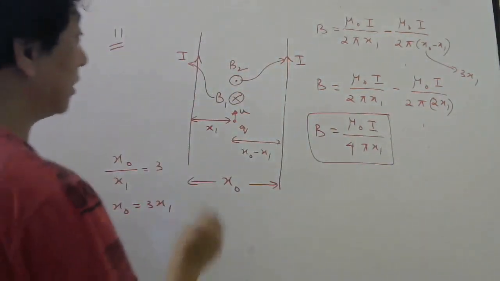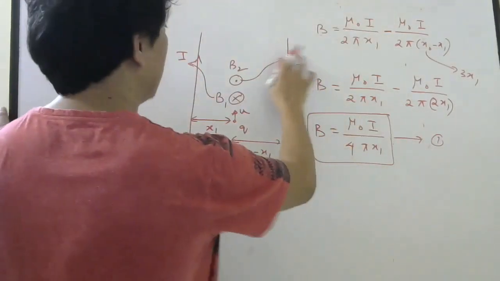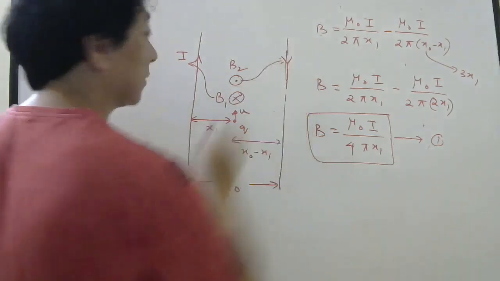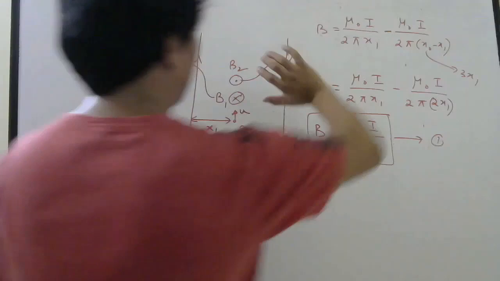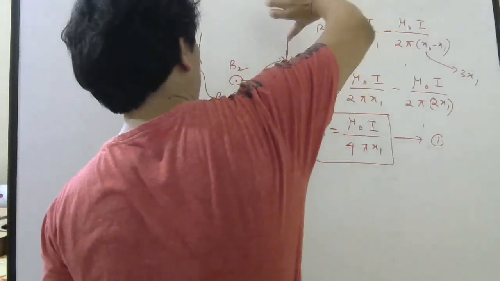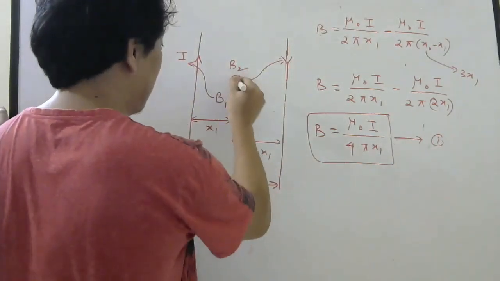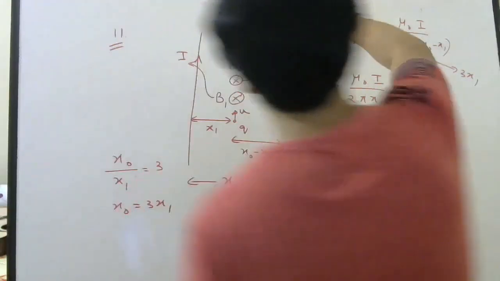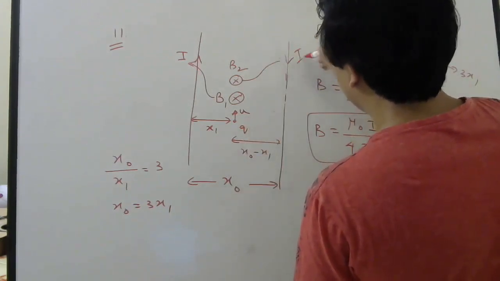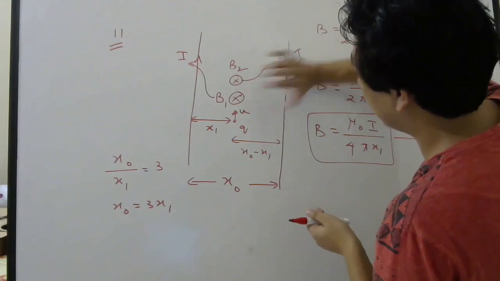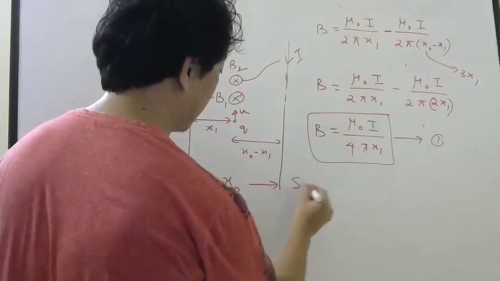Okay. Let us call this equation 1. Now when the currents are in opposite directions, what will happen? Look carefully. This will produce field in only, and this will also produce in, because the current is going this way. So here it will be in. So both are in. Correct or not? See, the current is now going in the opposite direction. So now the magnetic field will be in. Now the magnetic field in the second case.